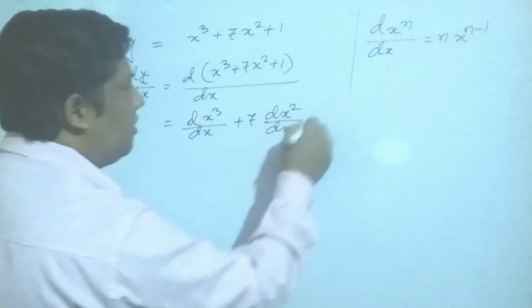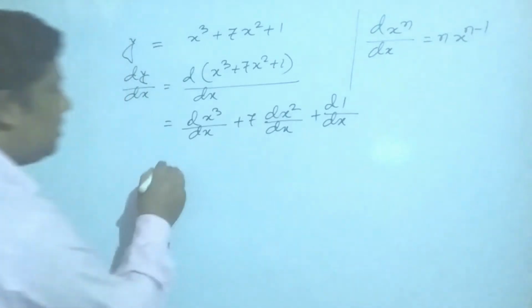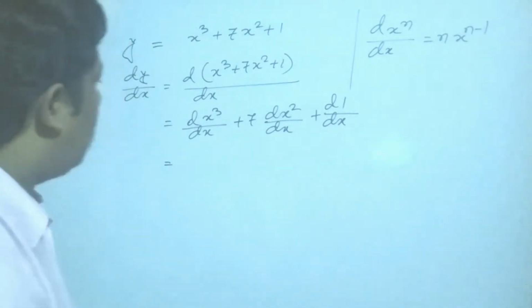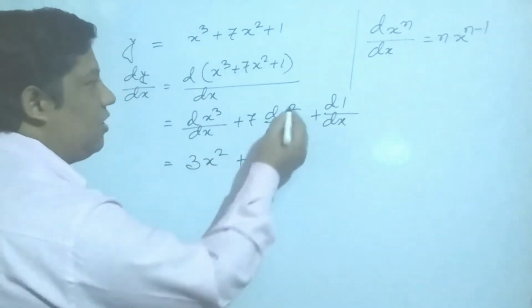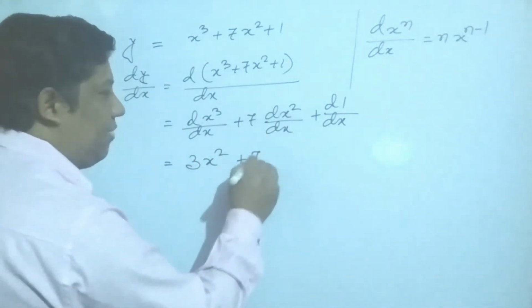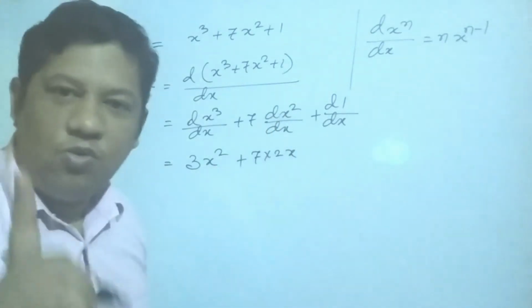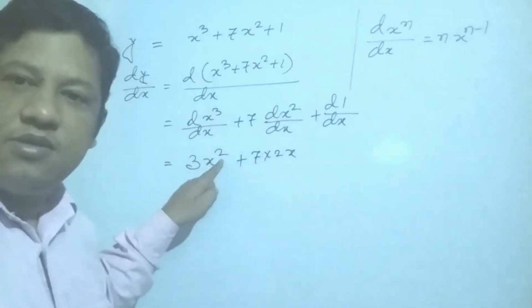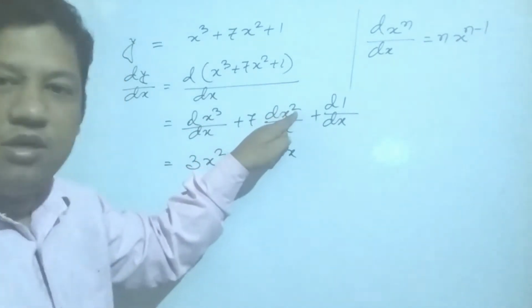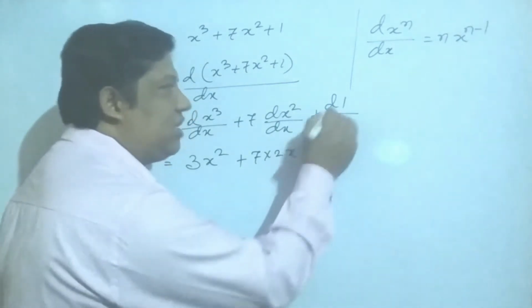If I multiply the differentiation of 1 upon dx, according to questions, that means when I differentiate this part, I get 3 C1 x square multiplied by this power, plus C2 multiplied by 7 into 2 x. Since the power should be decreased by 1, the power also comes down. So in this case, A square B square C square, 2 minus 1 is 1, and again A cube B cube C cube. The differentiations of constants A, B, C equal 0.